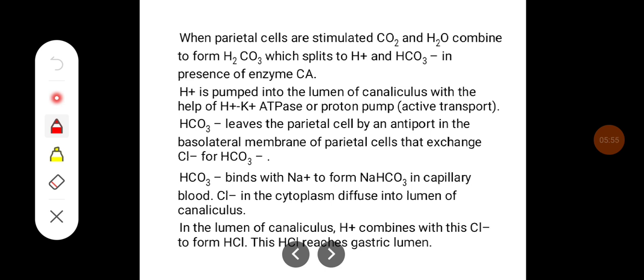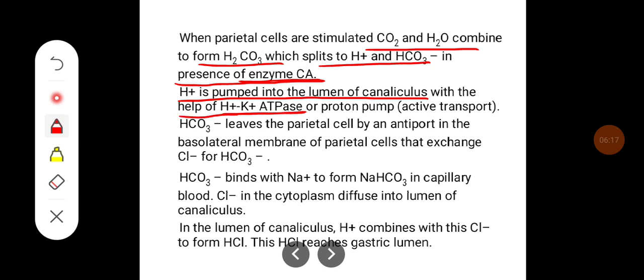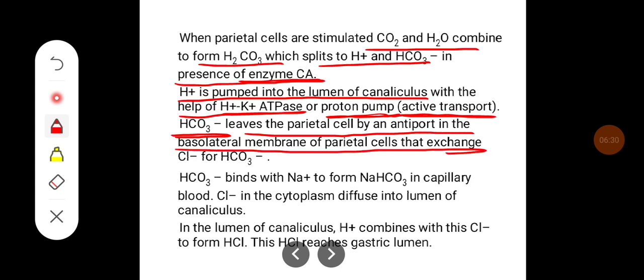When parietal cells are stimulated, the carbon dioxide and water combine to form carbonic acid, which splits into hydrogen and bicarbonate in the presence of enzyme carbonic anhydrase. The hydrogen is pumped into the lumen of canaliculus with the help of hydrogen potassium ATPase or proton pump, which is the active transport. The bicarbonate leaves the parietal cells by an antiport in the basolateral membrane that exchanges chloride for bicarbonate